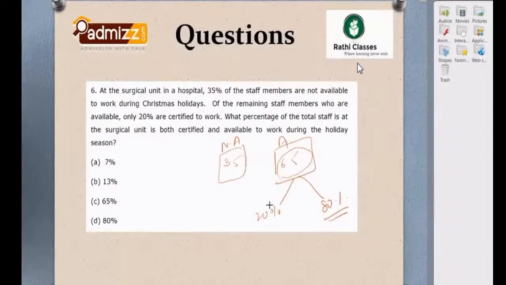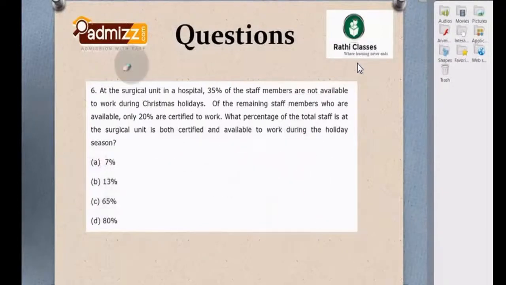So you need to take what? 20% of 65. 20% of 65 is nothing but 20 into 65. If you do, it is 130 into 10, 1300. 1300 by 100, as you need to give it in percentage, is nothing but 13%. So the answer is B. It is very easy to solve, just you need to understand and have the concept or weak point in your mind.